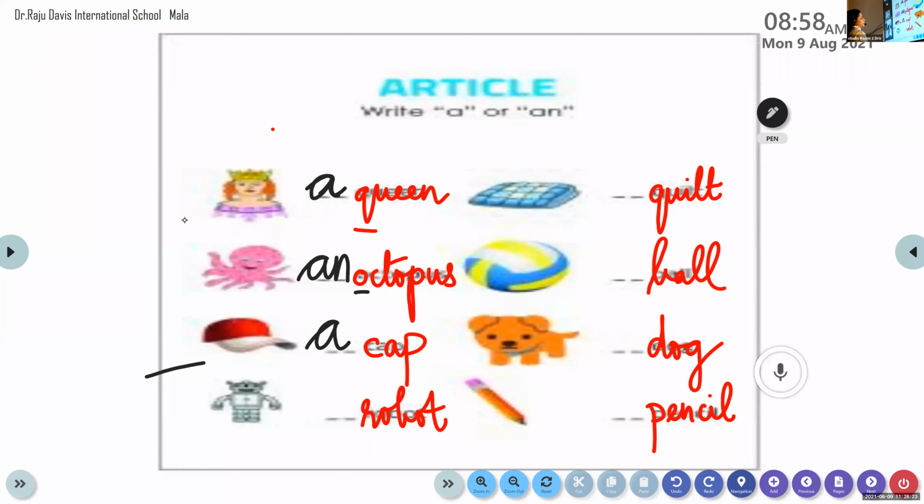Anav, come on. Let's move on to the next word. What is that? Come on, read the word. Robert. Very good. It starts with which letter? Is it a consonant letter or a vowel letter? Consonant letter. Fine. So which article do we have to use? Whether we have to write a or an before the word? A. Very good. So we have to use the article a before the word as the word begins with a consonant letter R. Now let's move on to Karthik.